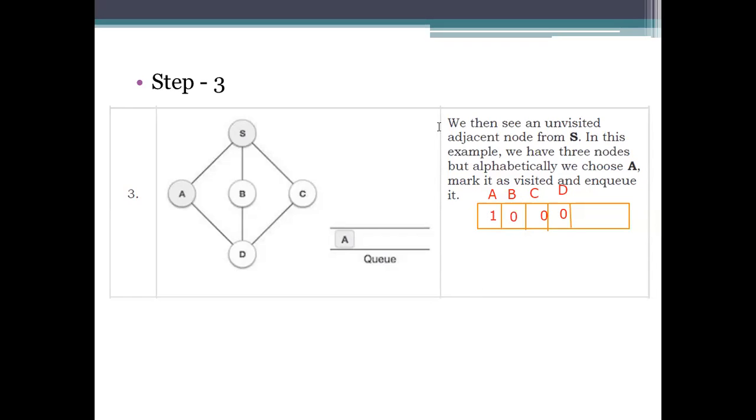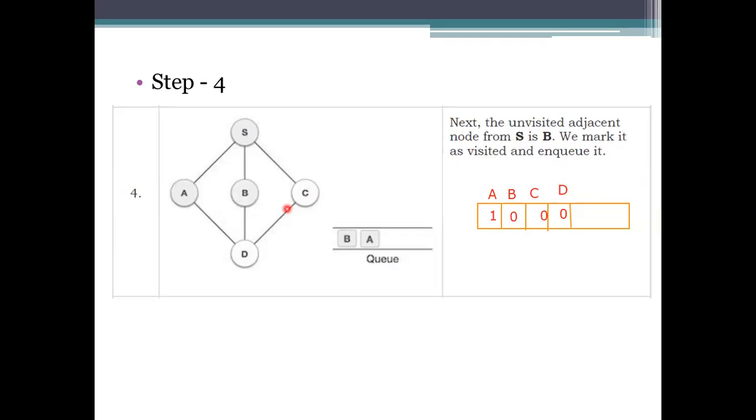And coming to the next step, here we visit the adjacent node of this A. So what is the value here? Since it is a 0, we need to mark it as a 1. Next one.